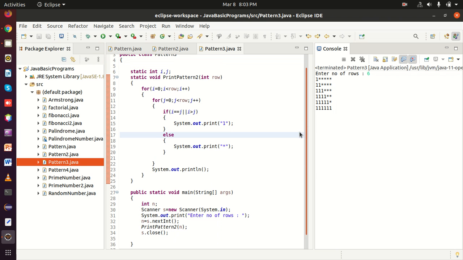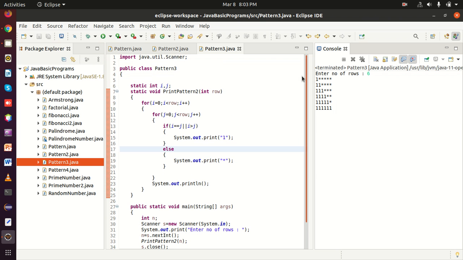I will explain this code. Just see, for example, I have given the input as 6, so the row value will be 6.